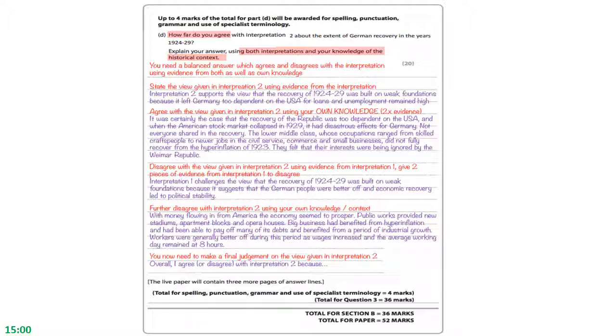That's it. It's nice and short. It's only 20 minutes this session, so you can go through it again, but make sure you know how to do those questions inside and out. All right? This is revision session for Weimar and Nazi Germany number 5. This is the session that I'm going to focus on exam technique. So I'm going to go